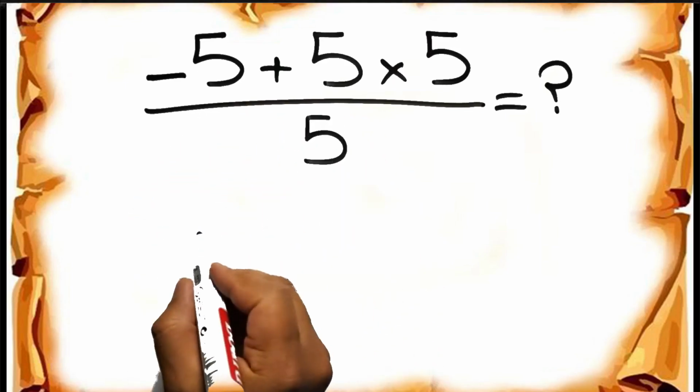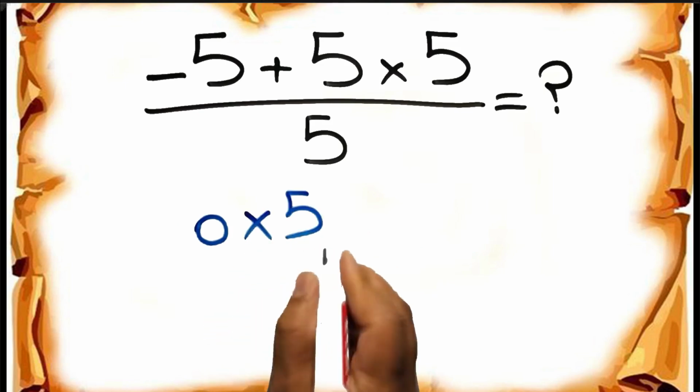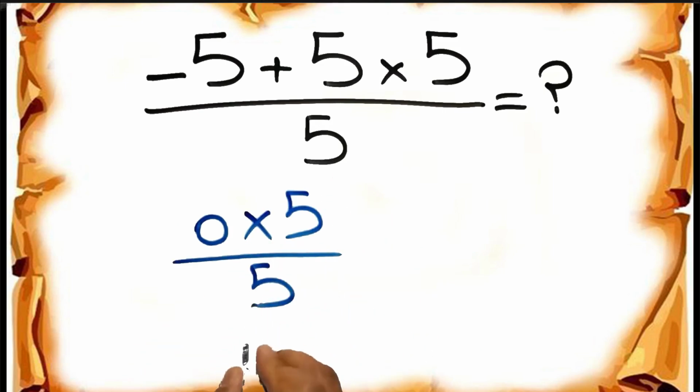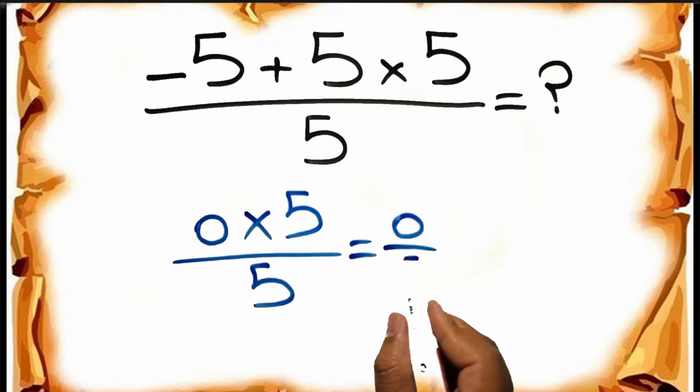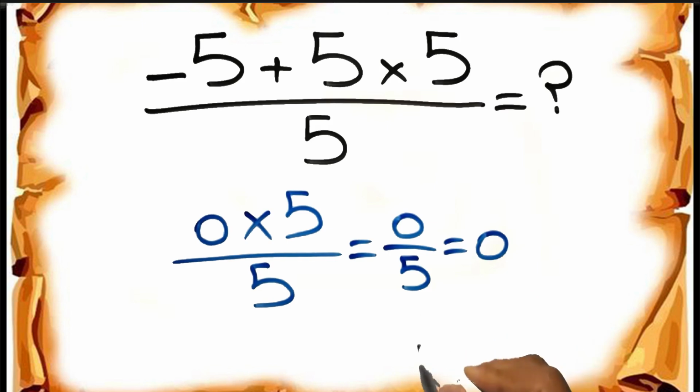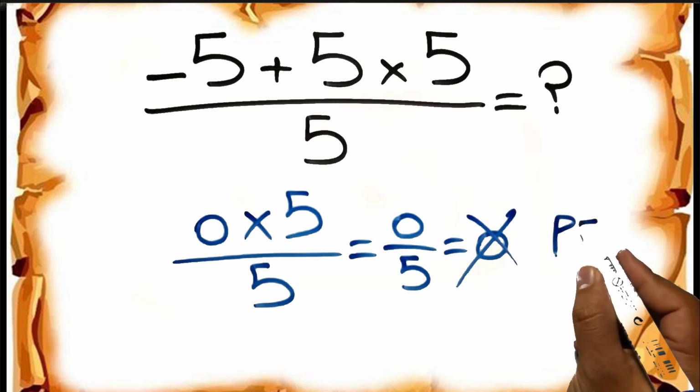Negative 5 plus 5 gives us 0. So 0 times 5 over 5. 0 times 5 equals 0, and 0 divided by 5 gives us 0. But this answer is not correct, because according to the order of operations, first we have to do parentheses, then